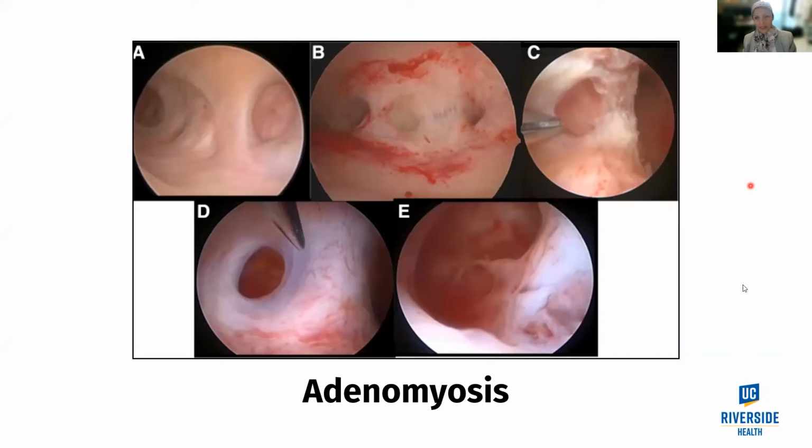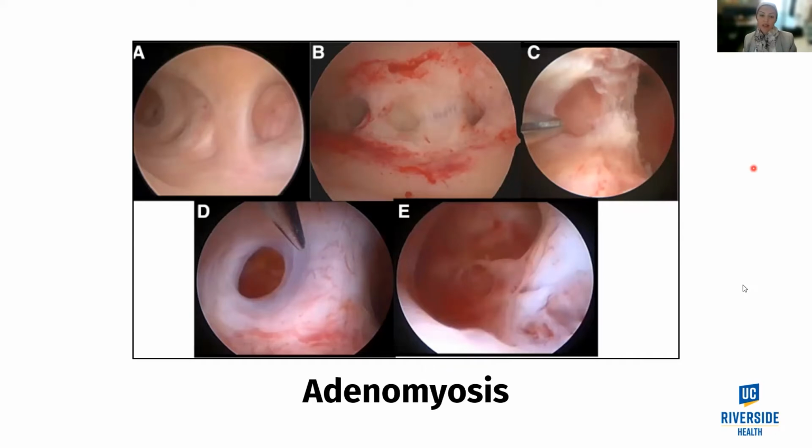I can say I suspect it and I see features suggestive of adenomyosis, but the only way to diagnose it is to remove the entire uterus and have the pathologist look under the microscope and confirm that there's adenomyosis. But in women who are trying to get pregnant, that's not possible. We want to save the uterus because we want to carry a pregnancy. And so in those situations, we can suspect adenomyosis, and we know that adenomyosis may reduce the chances of pregnancy, but it doesn't mean that women cannot get pregnant with adenomyosis. We can still get pregnant. We can still reduce the inflammation by removing all the implants outside the uterus.